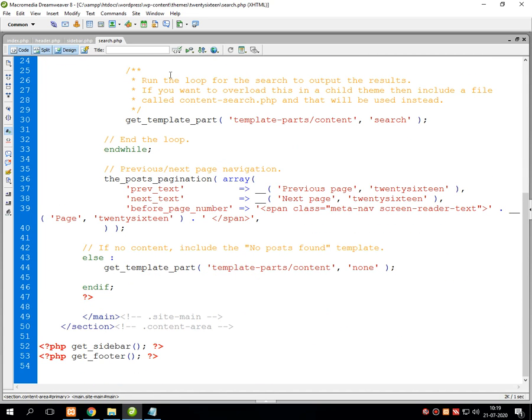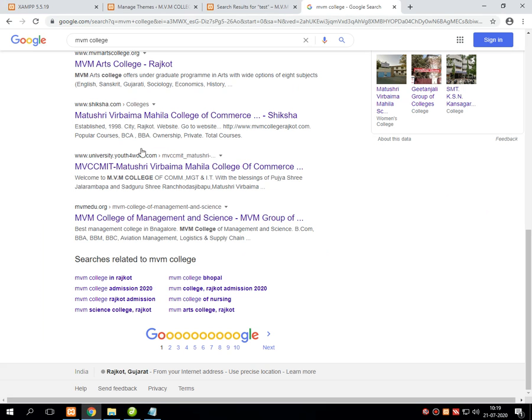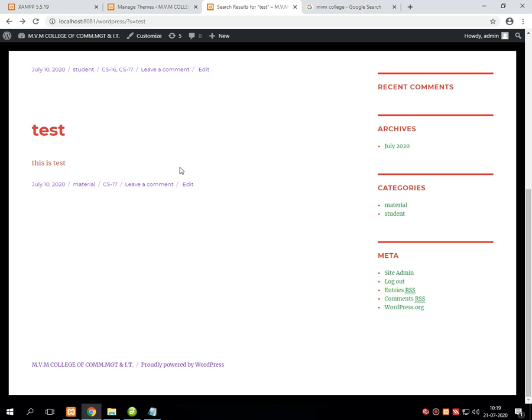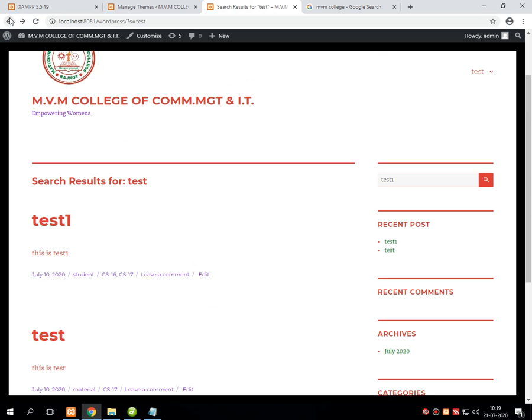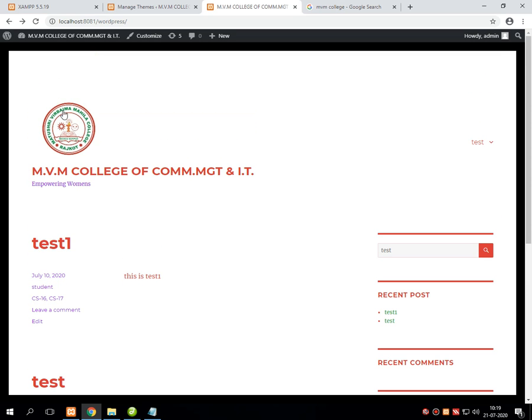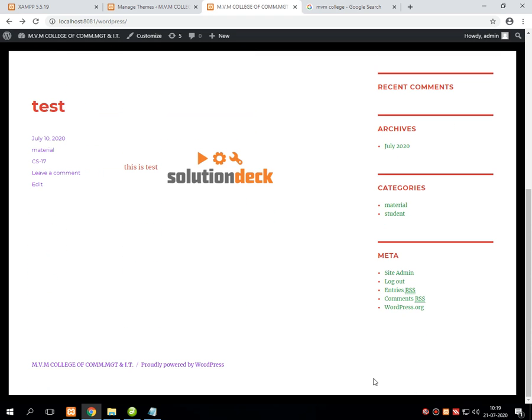If the condition is false, then it executes this else statement and it will display nothing onto the screen, but your header, sidebar and the footer remain the same.